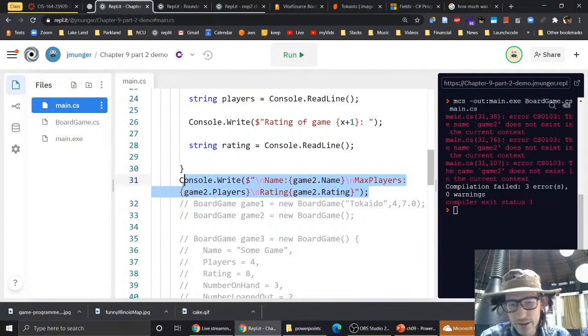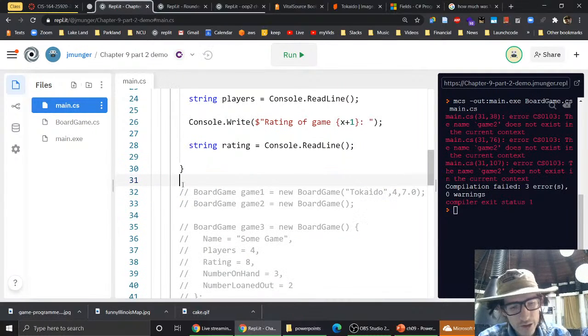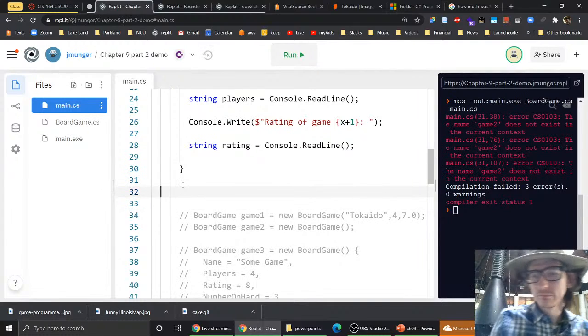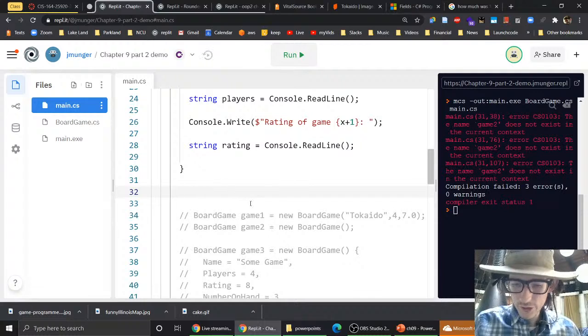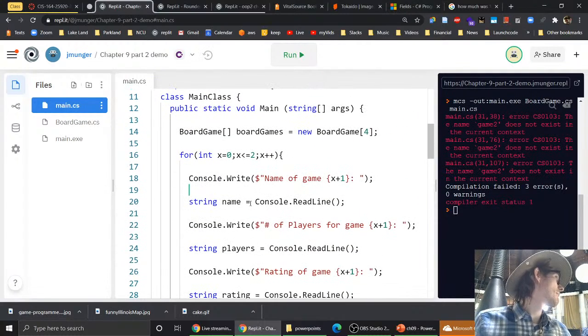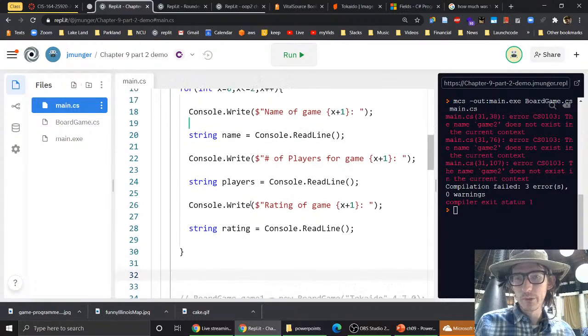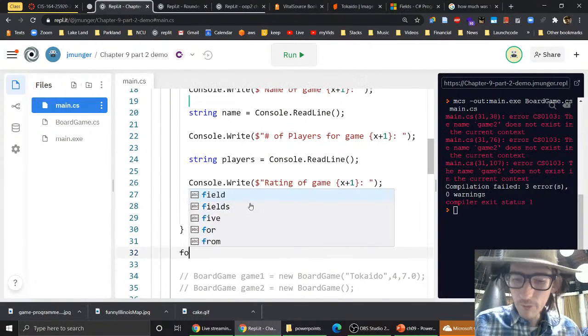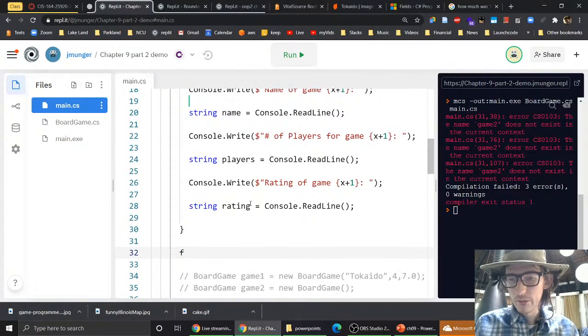If you have a collection of objects, in this case an array, we can just do a foreach. I'm not sure if foreach exists on an array. Oh, good point. If not, we can just use a for loop. We can do foreach